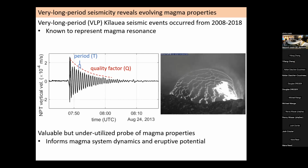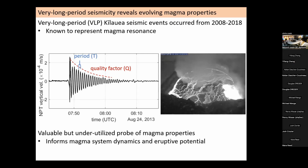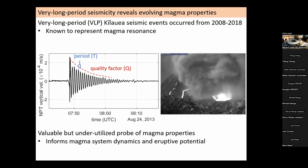And then you have this really nice exponential decay. And so this is the typical behavior of any sort of harmonic resonator. Essentially, you take a mass on a spring, let it go. And so the reason we're so interested in these, and I guess I should say, so these things are caused,